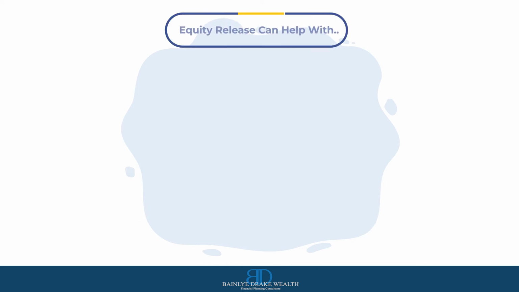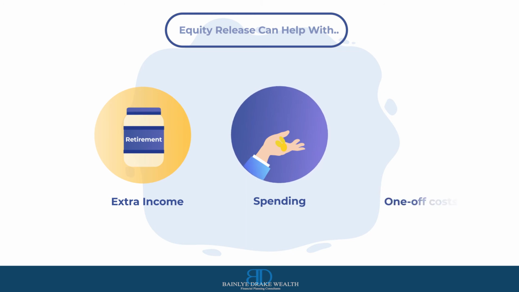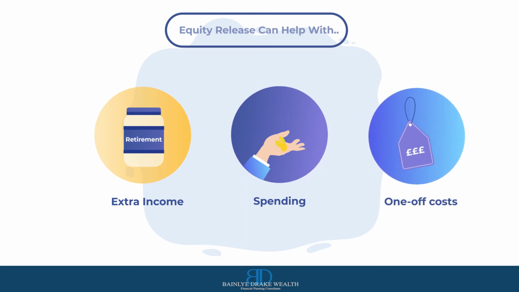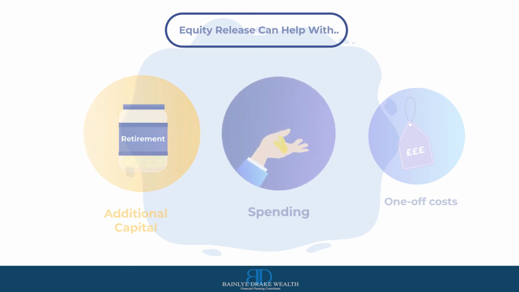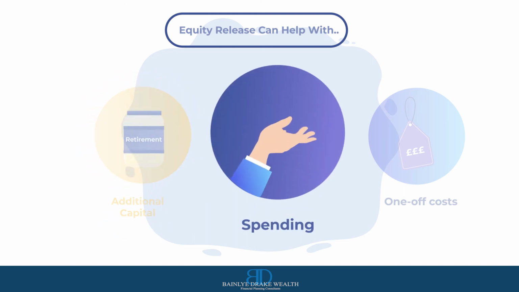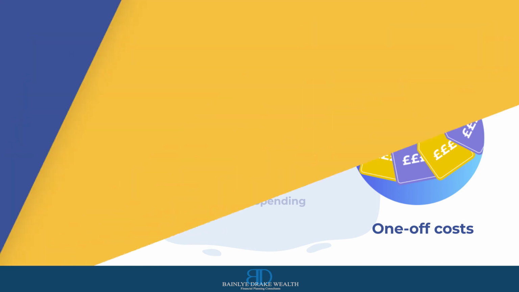There can be many reasons why equity release is required by homeowners, and it is worth looking at these and considering some of the factors. Most popular is to use equity release to top up your income in retirement. This means using some of the accumulated growth of the house value and turning this into additional income or capital to support your future lifestyle. This could be to help with specific expenses, your monthly bills, or one-off expenses like buying a car, a caravan, a holiday home, or carrying out those much-wanted home improvements.